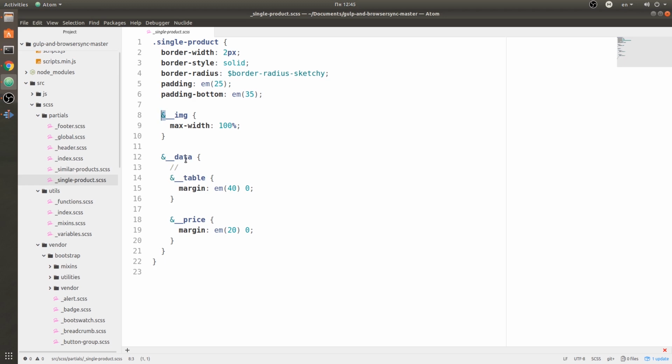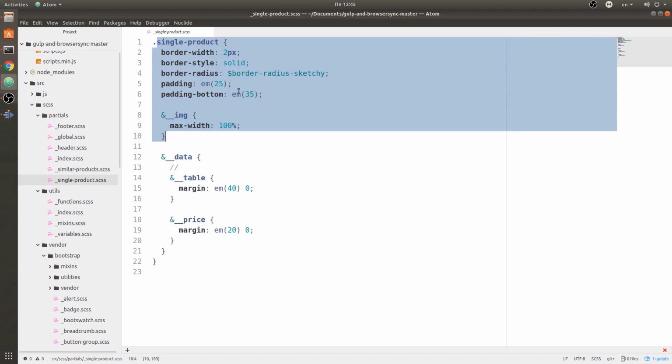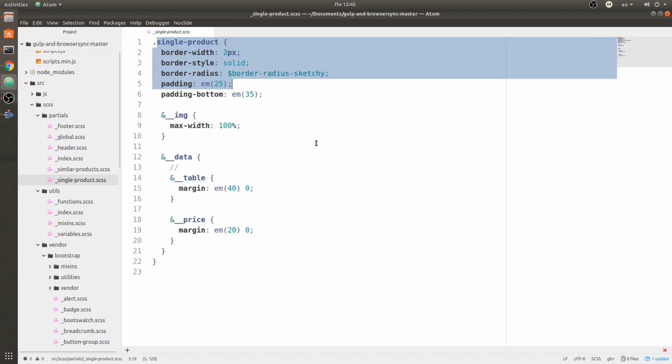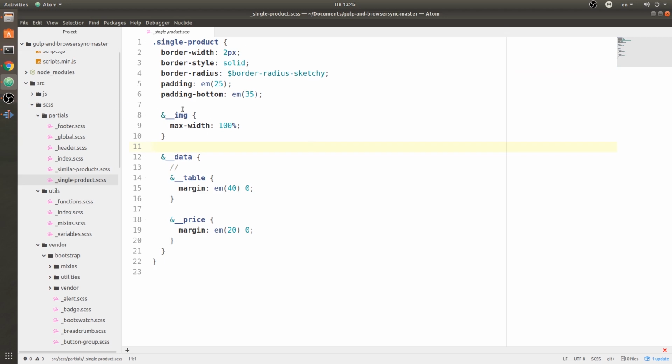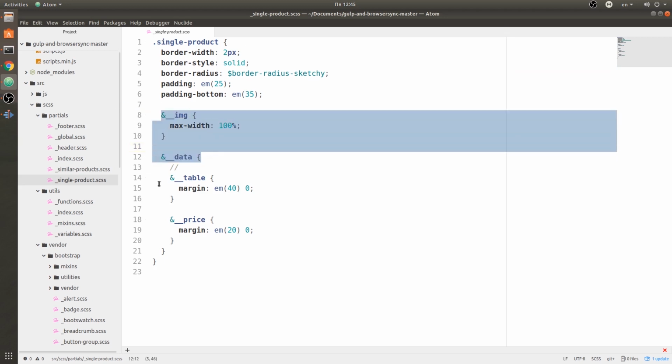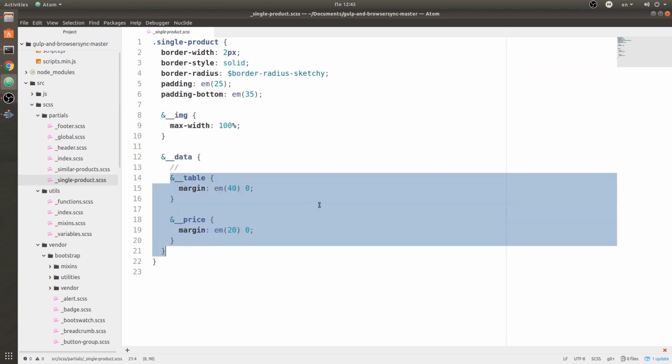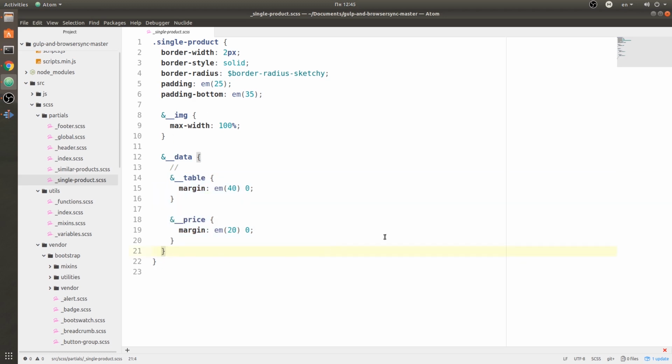So this markup or CSS styles are nested 2 times. This is the first time, and this is the second time. And you can easily style that all with BEM. So keep in mind the benefits of using BEM, and just by looking at this CSS code, you can know